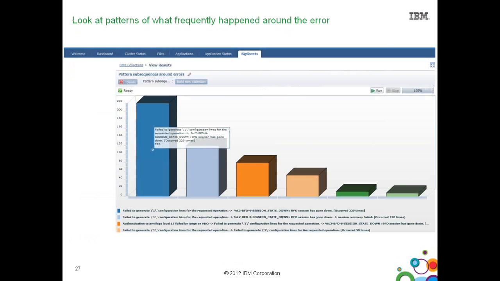And then if I want to look at the bigger picture, at patterns of frequent errors and how frequently they're happening. This, if you can read, I don't know if you can, it's a very small font. The blue bar basically says a specific session has gone down, and it has happened 220 times in the data set, and so on. So some of these you can create as canned reports,